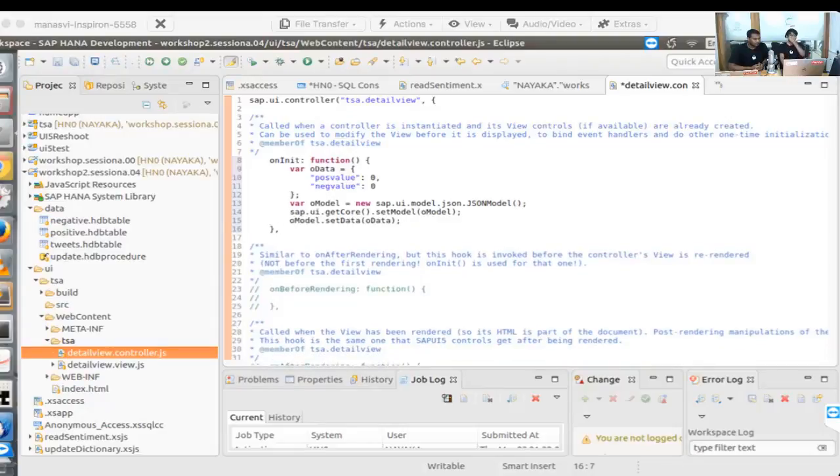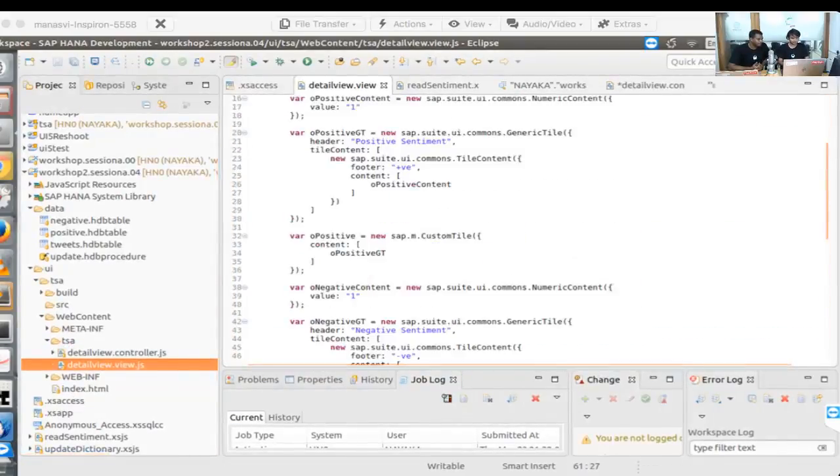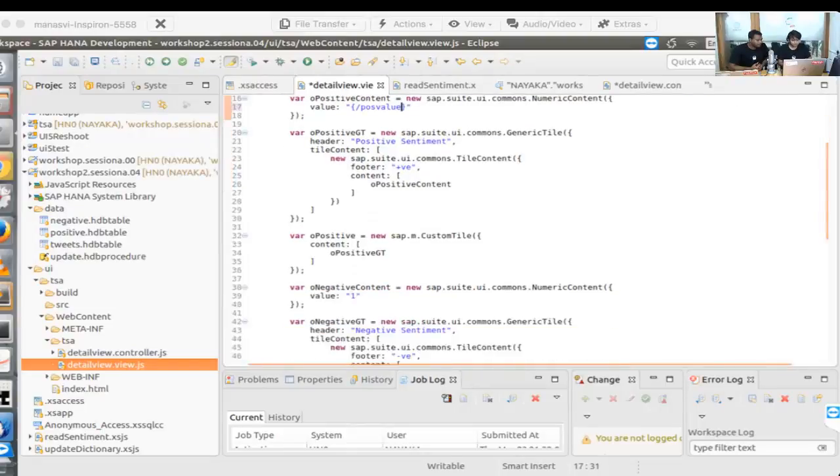So once we have the data defined, we can just go back to our view.js and change the value here, so that instead of 1 we are doing a data binding here. Since positive content has positive value, it will be pos value, and similarly for the negative content we'll have neg value. So we save it